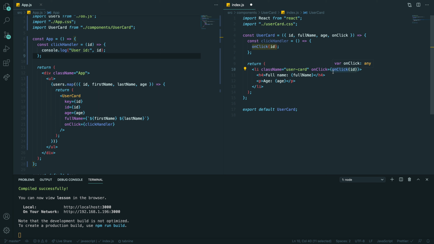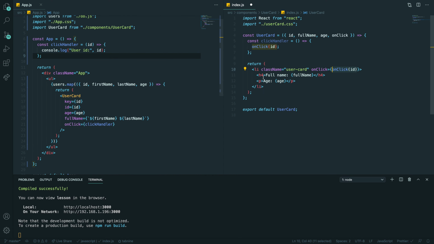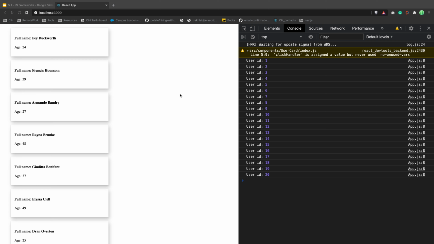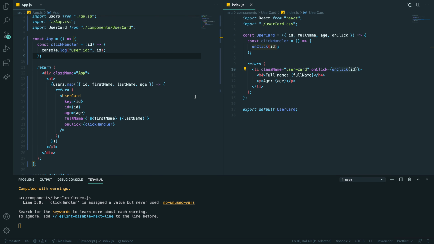Well, we'll just execute the function. Exactly, with the ID, on load. So you're not clicking, you're just rendering, and that will execute immediately without clicking. So if I refresh, save, refresh, all right, we're executing all of that, right? It's just JavaScript. You can prevent this. onClick expects a function.